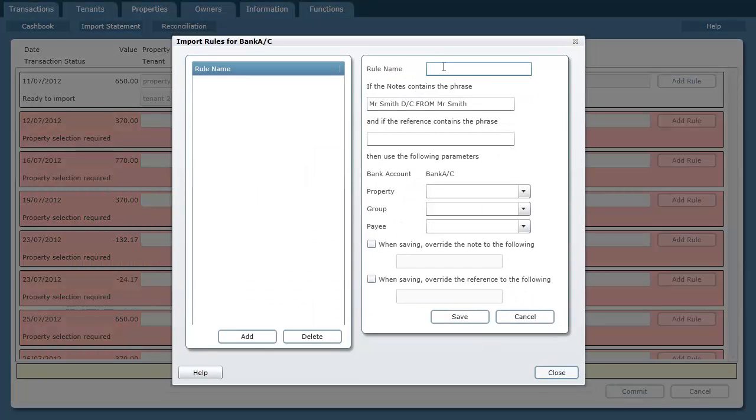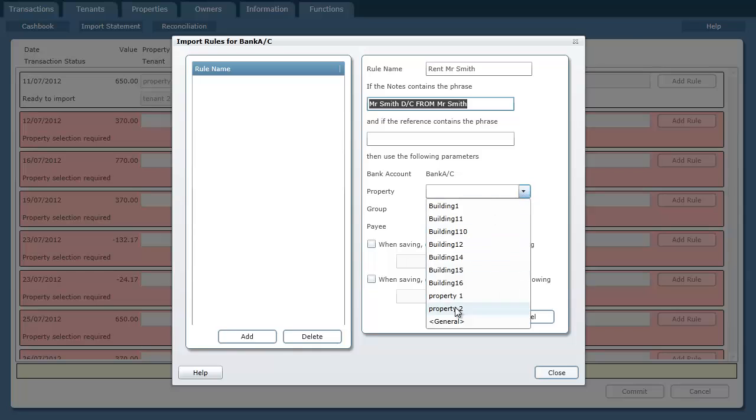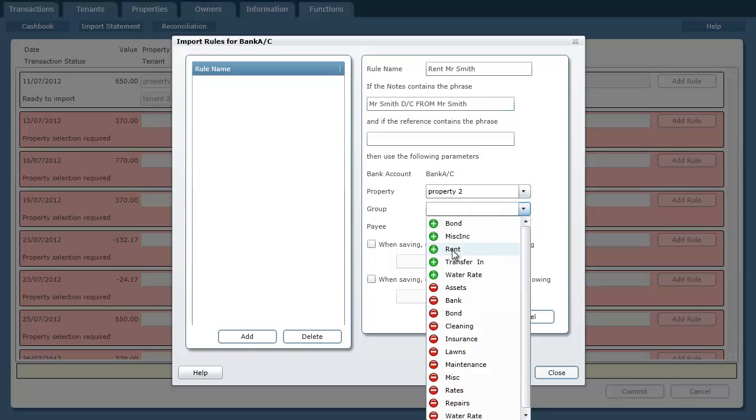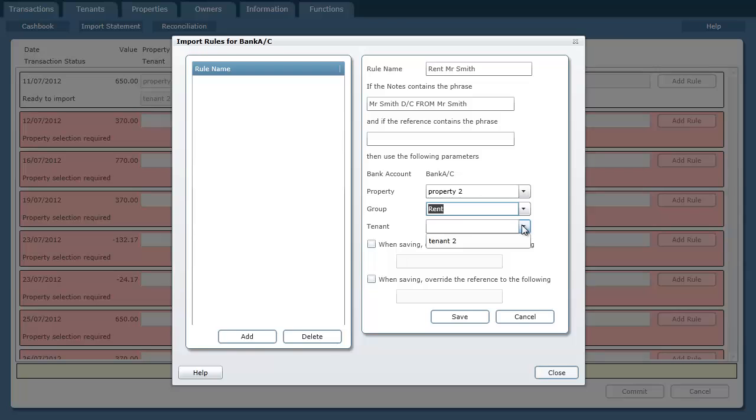We should give this rule a name, rent from Mr. Smith. This here is what's shown, is what comes through on my bank statement. So I can classify this transaction. I'm going to say that this is from this property, the transaction group is rent, and the tenant is that